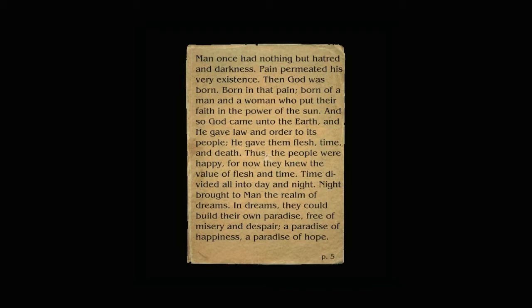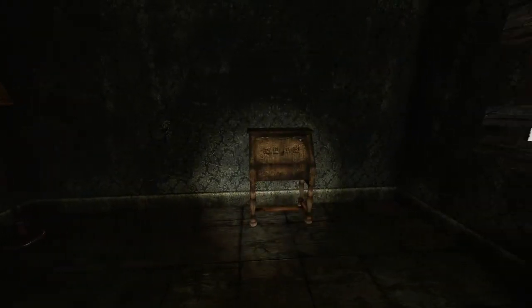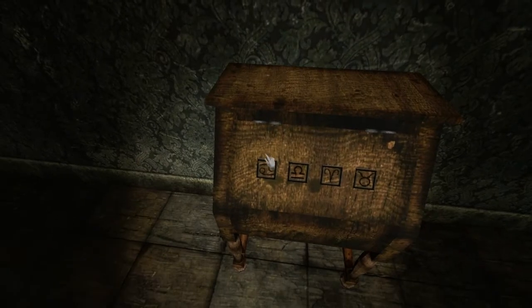So do we have to do all these clues in order? Because we've seen flesh and we've seen dreams. Does that mean we need flesh, time, death, and then dreams? Or do we need day and night as well? Sadly, this doesn't have an inventory system like Silent Hill, so we can't just take this with us. Unless it's a clue to this. In which case...